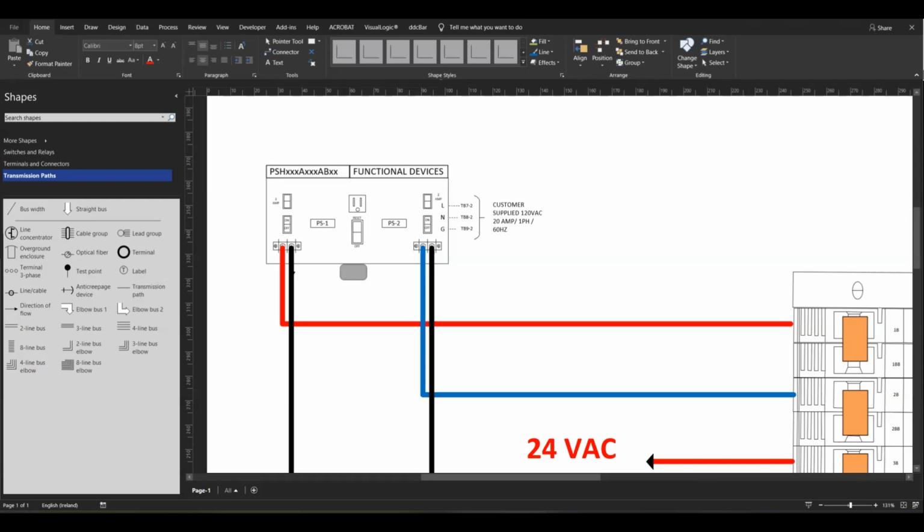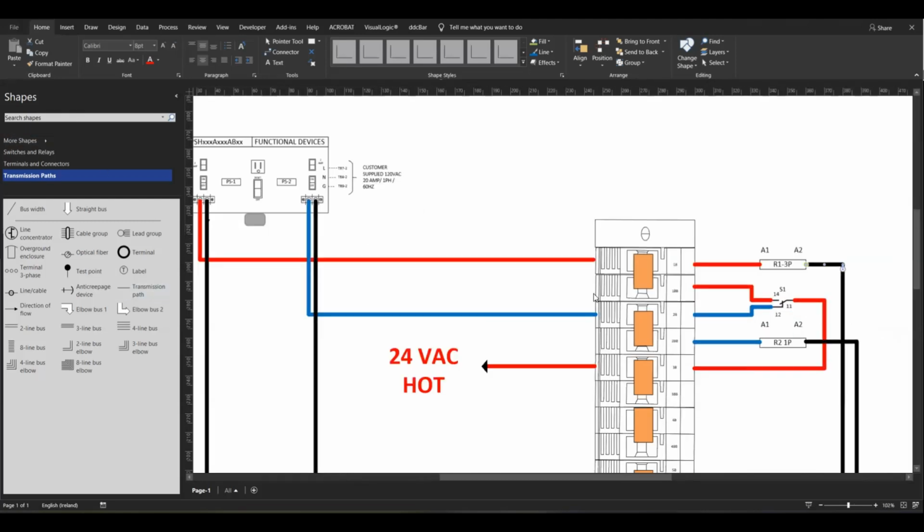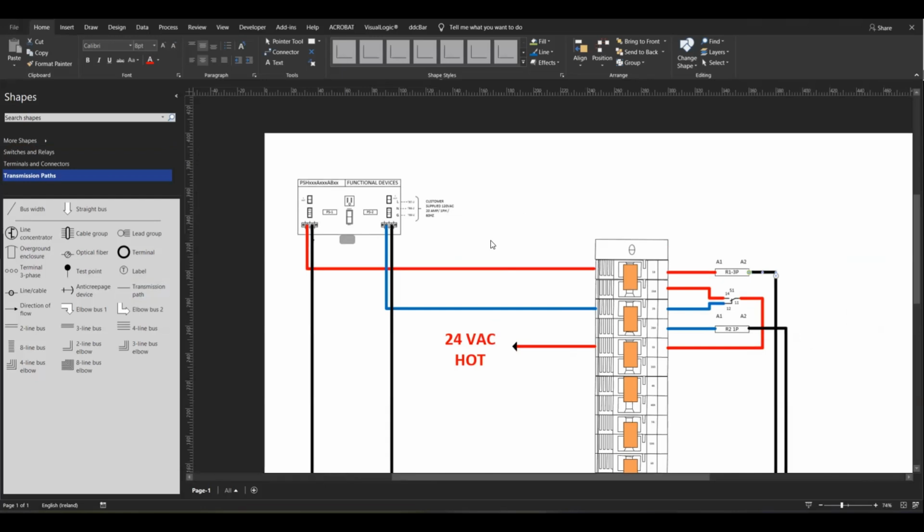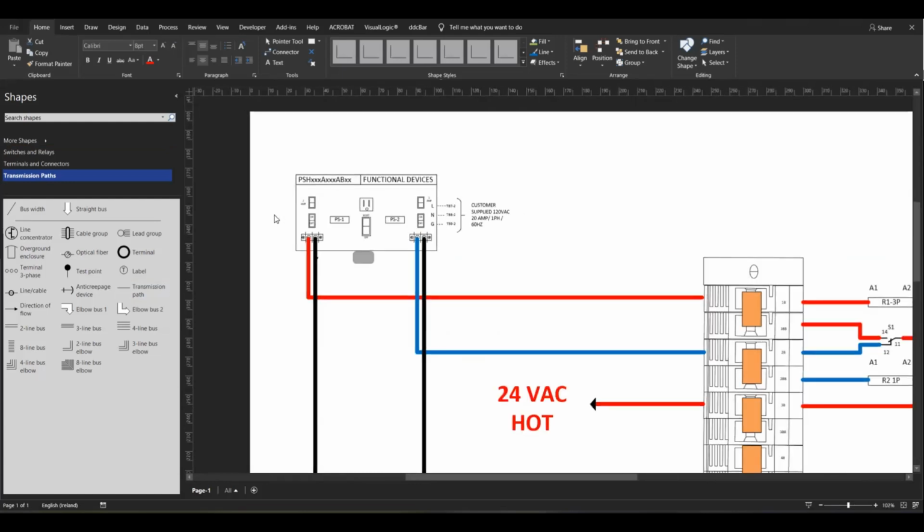Today we'll take a look at how to design a redundant power source for the control panel. Let's say we will be using a Functional Devices power source, and there will be a simple, straightforward end-to-end terminal block, and then we are using a couple of relays. Let's get started. So the power source from Functional Devices, currently I'm using a PSH series, which comes with